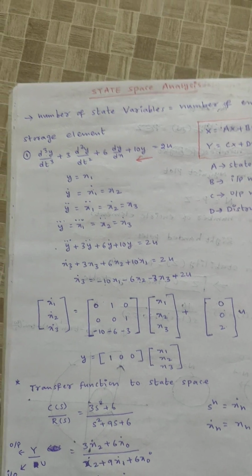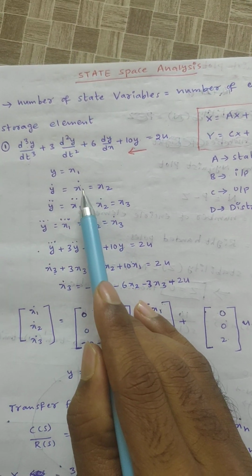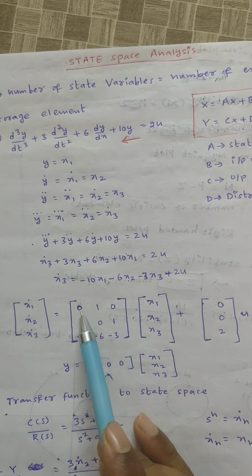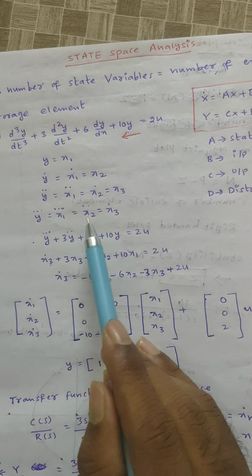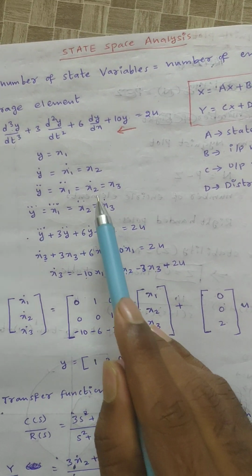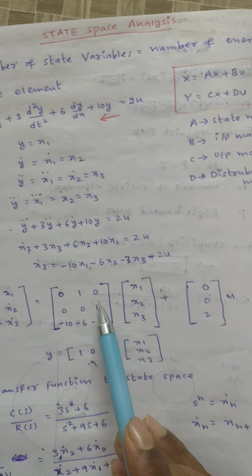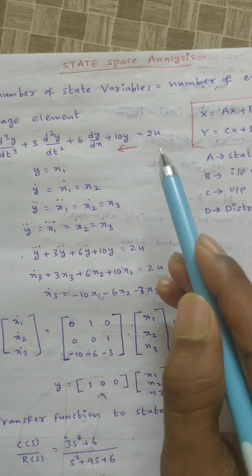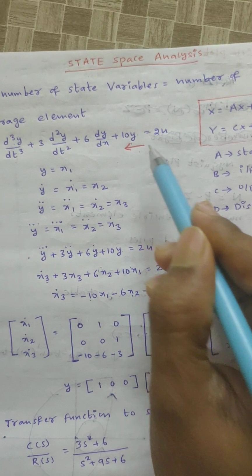Now see here, to remember this formula, just follow a simple step. First, x1 dot is equal to x2, which means only one term is present at first row, second column, right? Next, similarly, x2 dot is equal to x3, that means second row, third element is only 1. Next, for x3 dot, you can write the terms from the right hand side,